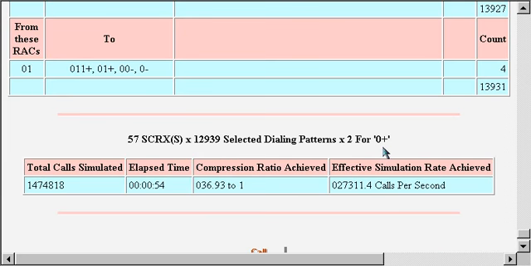This amounted to just short of 1.5 million simulated calls in less than a minute at a rate of approximately 27,000 calls per second. The end result is that we were able to test and validate the routing and charging of 1.4 million calls in under a minute. This astonishing speed and power is obviously much faster than any manual test or call generation would be able